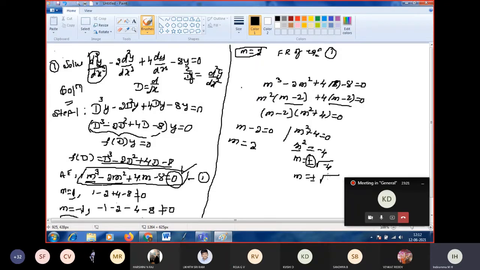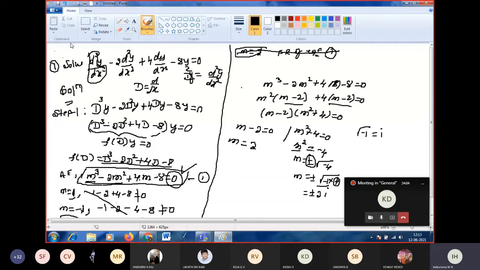I am going to write minus 4 as minus 1 into 4. Now taking 4 outside the square root, it becomes 2 times plus or minus root of minus 1. The square root of minus 1 is i, so that is plus or minus 2i. So either you can use the trial and error method to find the roots, or you can use factorization. First you try factorization. If it is possible, solve it by factorization itself. Otherwise, do the trial and error method I explained. We can find the roots.